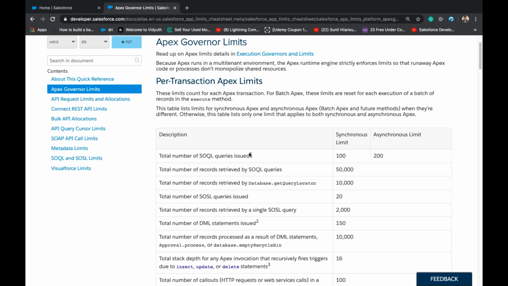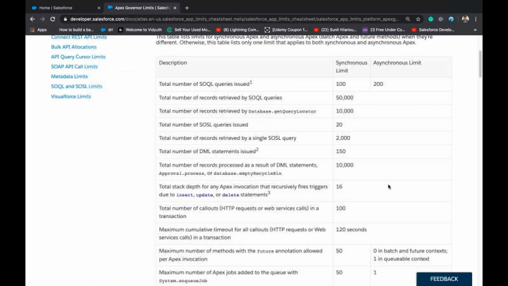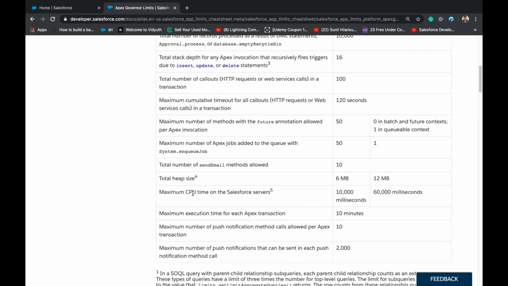So 200 SOQL queries can be issued in an asynchronous process. At the same time, CPU time is also increased to 60,000 milliseconds, whereas synchronous is 10,000 milliseconds.